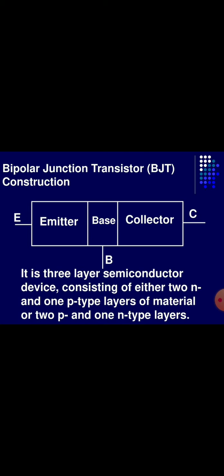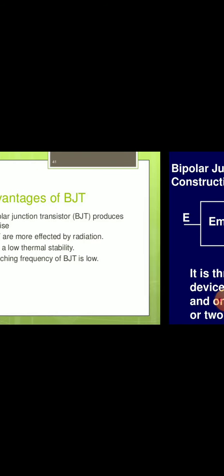This is the construction of the bipolar junction transistor. It is a three terminal device and also a three layer semiconductor device, with two N-type and one P-type layers. In the NPN transistor, a P region is sandwiched between two N-type regions. In the PNP transistor, one N-type region is sandwiched between two P-type regions. This is the construction of the bipolar junction transistor.